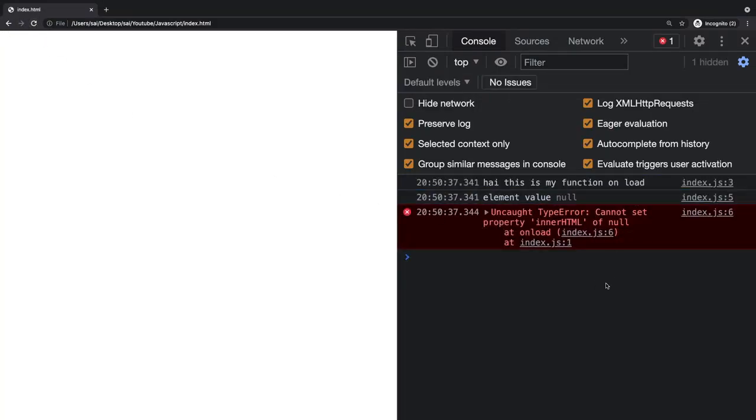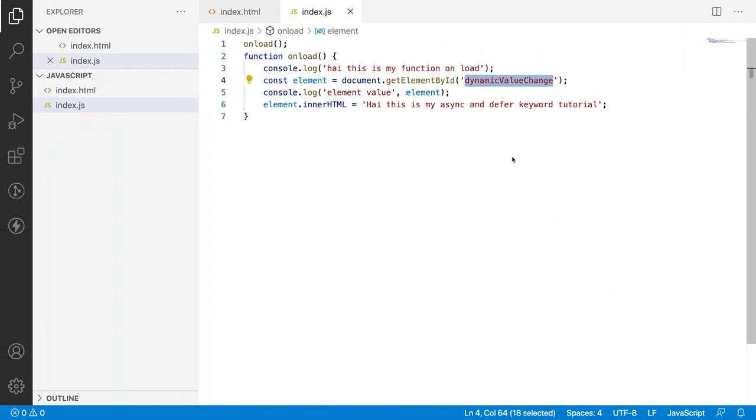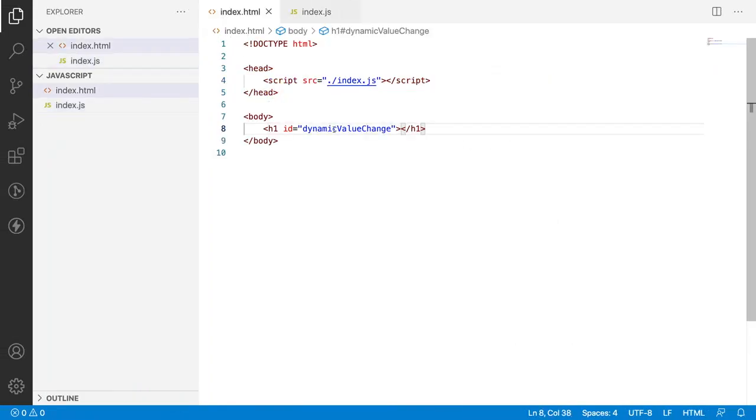Why is it giving a null value? We already have dynamicValueChange, but why are we getting it as null? The problem is that we are loading our script tag inside the head without any keywords like async and defer. So what will happen whenever my script is loaded?